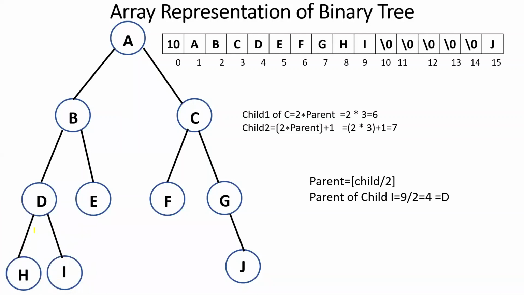And then, for index number 0, an array will be having index number, right? So in index number 0, we can either leave it as null or we can store the number of nodes present in the binary tree. So here we have 10 nodes, right? So we will be storing the number of nodes present in the binary tree in index number 0. Is it clear? Then in index number 1, we will be storing the value of the root node. What is the value of the root node? Value of the root node is A. So we will be storing it at index number 1.